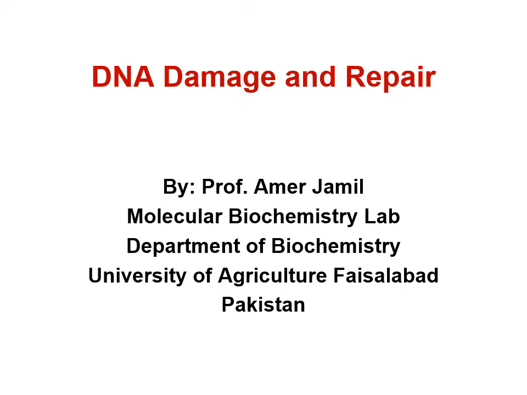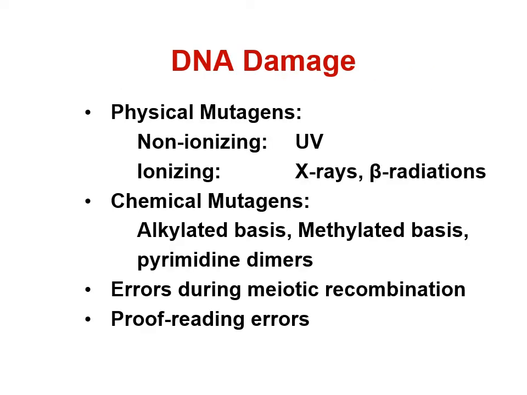In this lecture, we will talk about DNA damage and repair. DNA damage can take place due to certain reasons. One is the physical mutagens, other is the chemical mutagens. Physical mutagens include non-ionizing radiation such as ultraviolet radiation, in which electrons are excited, but they do not leave the molecule and they may come back later on. So this ultraviolet radiation causes some change in the DNA, electronic transition in the DNA molecules, such as in nitrogenous